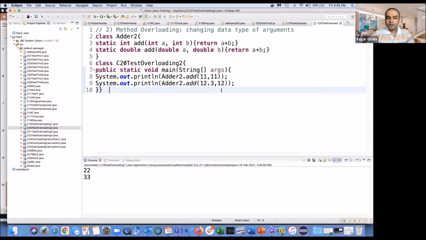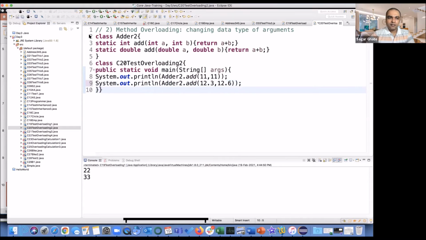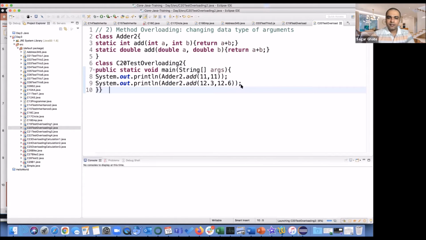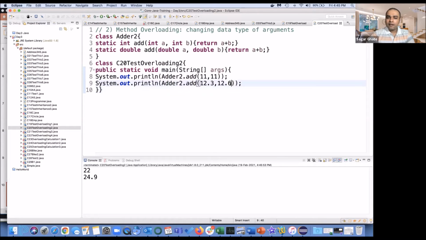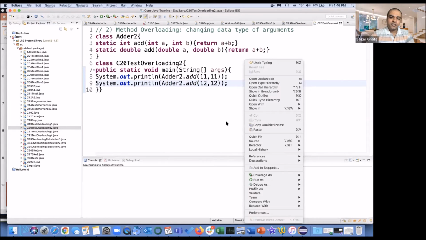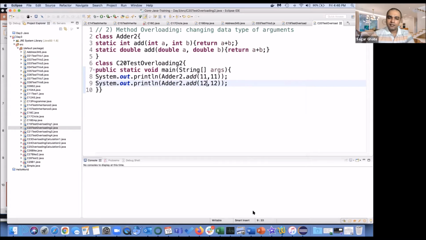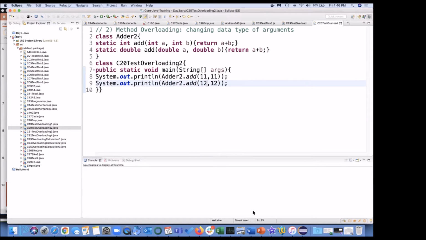Okay, let me execute this. This execution is simple. 22, 24.9. If I remove this, can someone tell me what the output is? 22 and 4.22, 24.0.